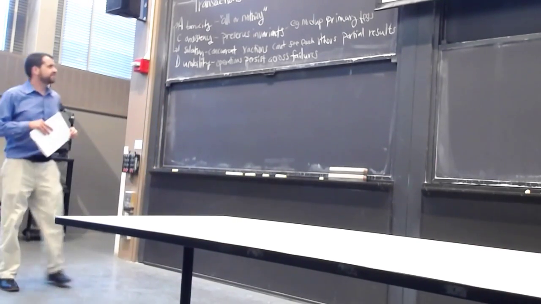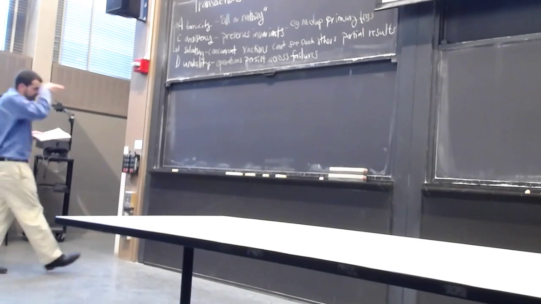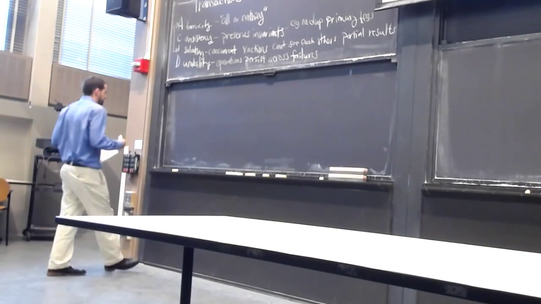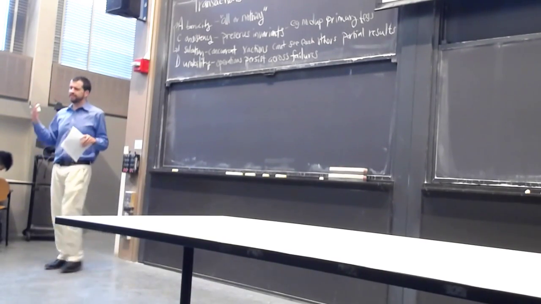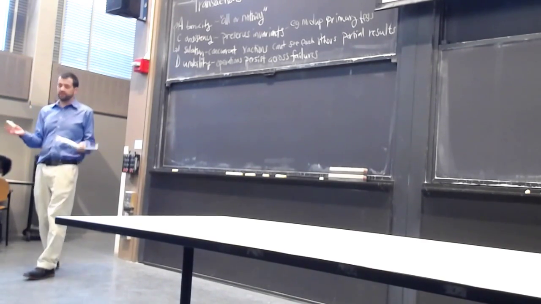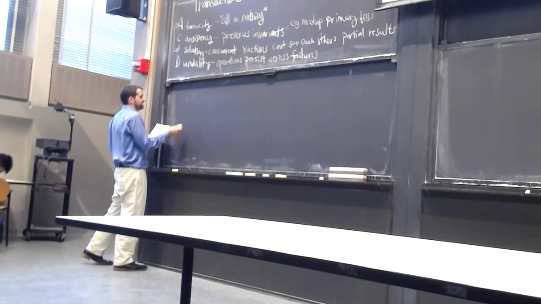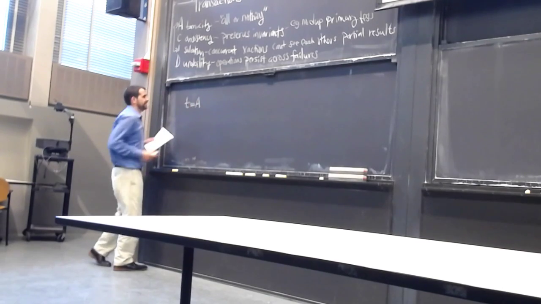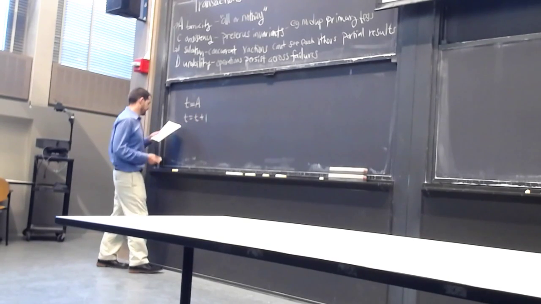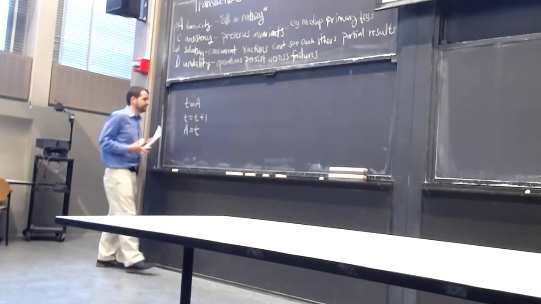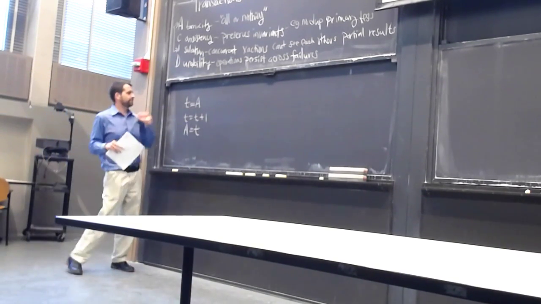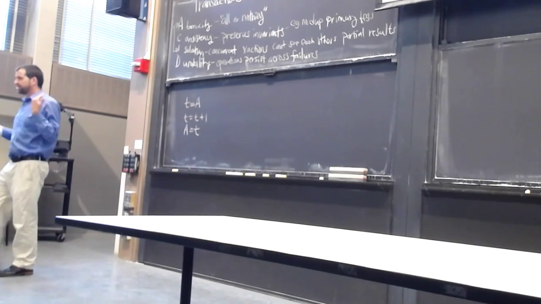Okay, so just to recap, let's talk about why we might want transactions. As a programmer, just think as I write a program. The abstraction that I have a complete machine all to myself and I can do whatever I want on it, and I'm not going to have to worry about what's happening concurrently, is a very powerful one, right? So suppose I have a database with some object A. I read this object A into some temporary variable t, then I set t equals t plus 1, and then I write that back into the value A. A completely trivial program. Imagine here that A is a database record. I write this as a database programmer. It looks like this is correct, right?